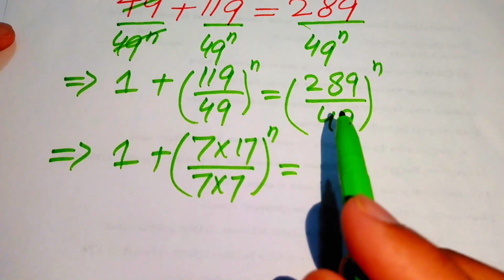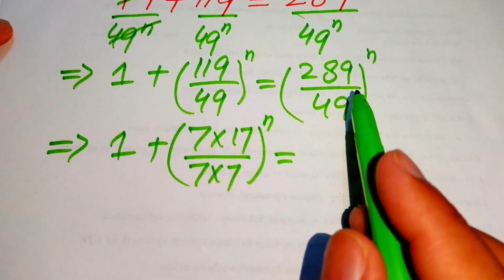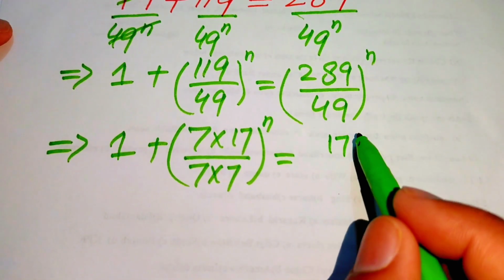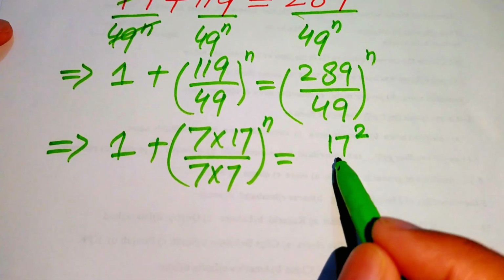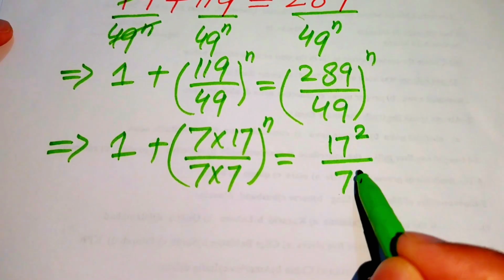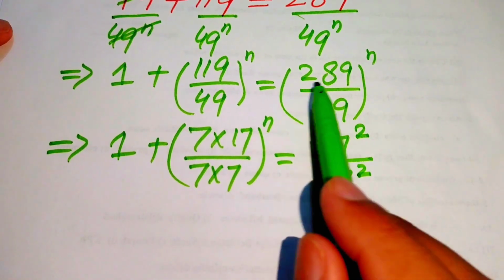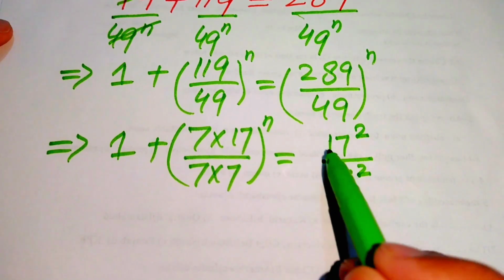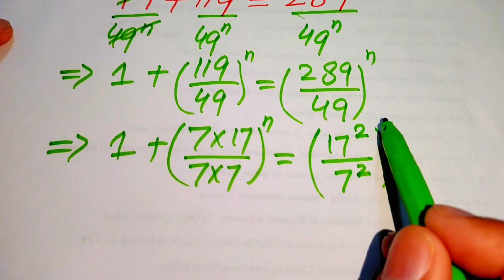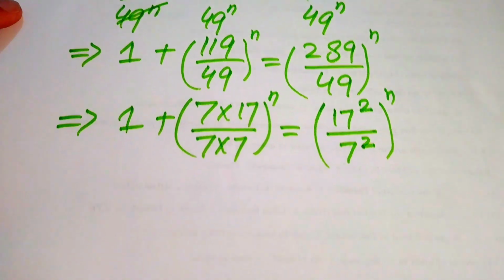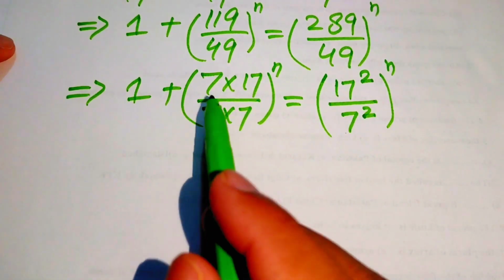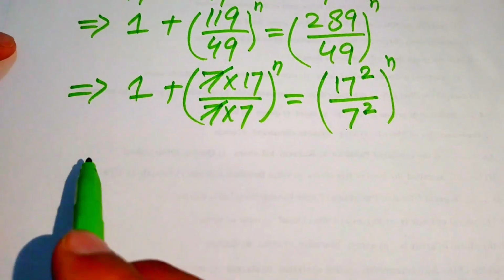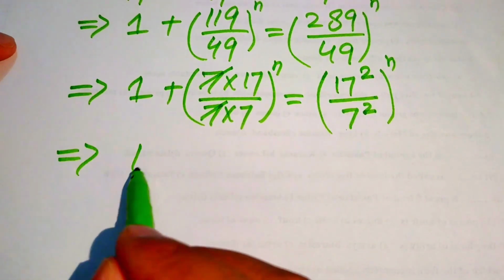So this whole equals 289, and we write this 289 as 17 squared, and we write this 49 as 7 squared and this whole power n. In the next step, you see these 7 are cancelled out by the 7,